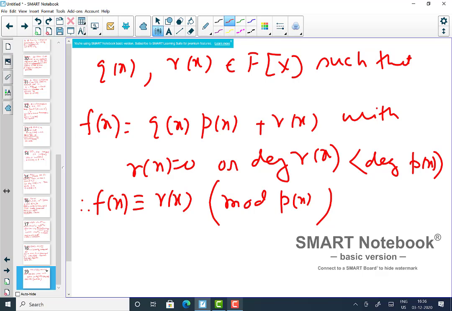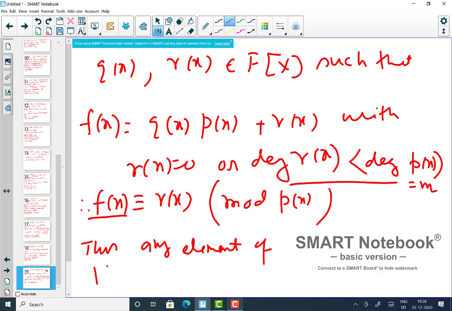So what does that mean? That means any element that you can write in terms of a polynomial which has degree less than that, right? So that means if you choose an element, these elements are coming from a quotient of a polynomial, right? So those polynomials are congruent to a polynomial whose degree is less than the degree of p, which is m, right? So this is my m, so less than m. So thus any element of K, which is nothing but f(x) mod p(x)